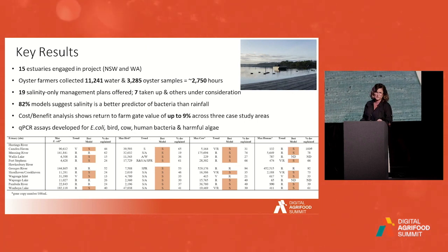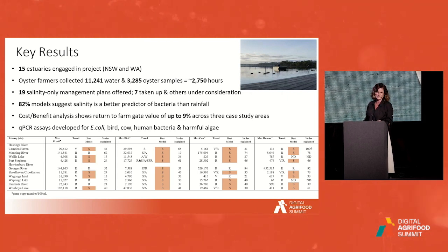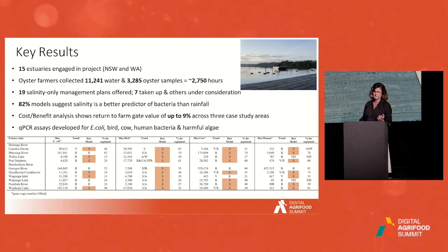We've also had some economic assessment done of this project, and we've shown that across 3 case studies, we've got up to about 9% increase in return to farm gate value, and that equates to millions of dollars for the oyster farmers. We've also developed, it takes a long time, as you'll know from COVID, to develop qPCR assays, but